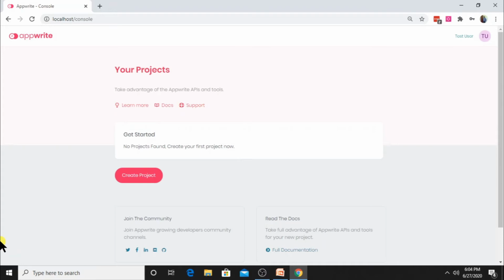So there are multiple projects, and each project contains a set of services. So projects act as a container for all the services. So we have to create a project for our demo. Let's create the project.